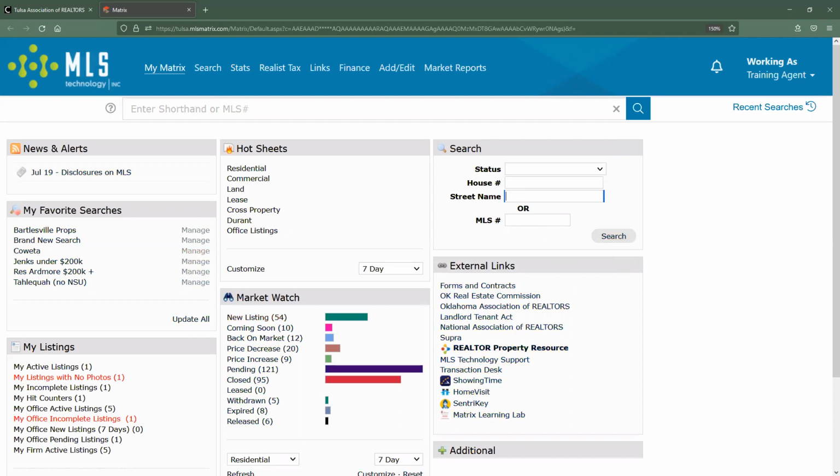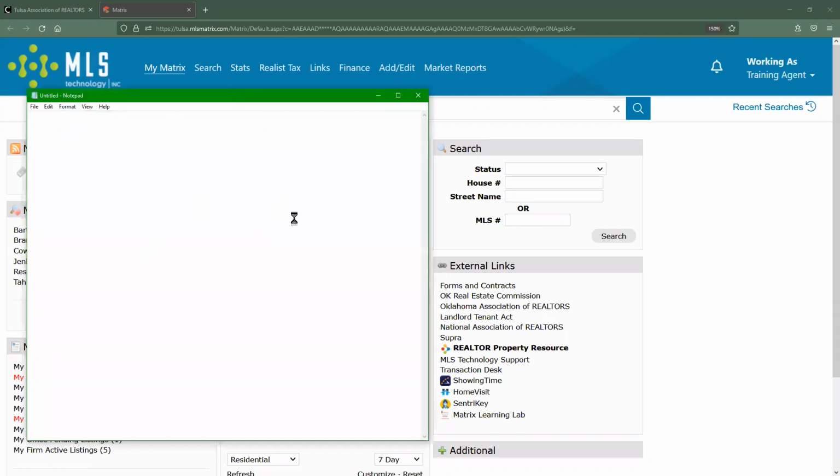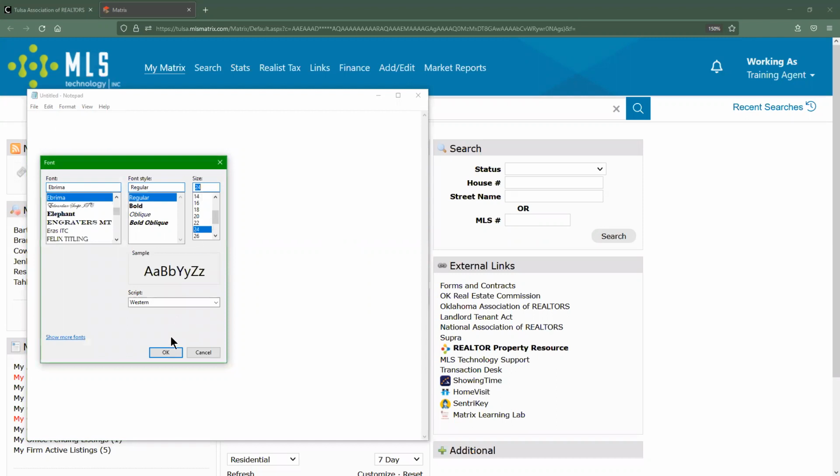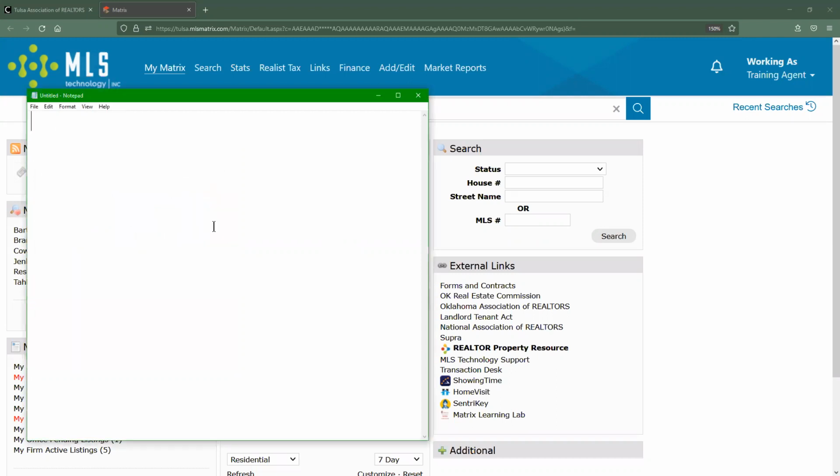We'll be talking a little bit more about the MLS number later, but the MLS numbers are actually assigned to each listing, and the first 2 numbers are going to be the year that that particular listing was entered. So let's actually get a little example running here. I have an address that I'm going to be searching for, and I wanted to show what the house number and street name will be broken down into. So the house number is just going to be referring to the very beginning of the